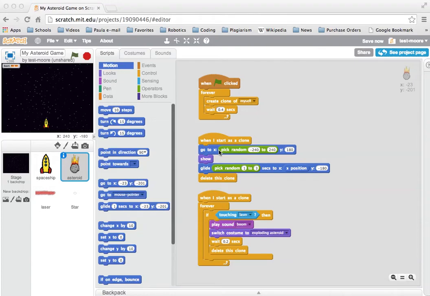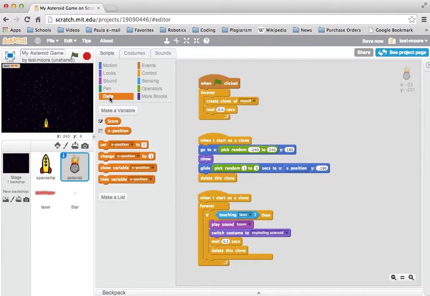We're going to learn how to use the score variable. In programming, you have data or variables that allow you to keep information stored. So one kind of variable we're going to want to use is a score. I've already made the score variable, but if you wanted to make one, you can click here and create a